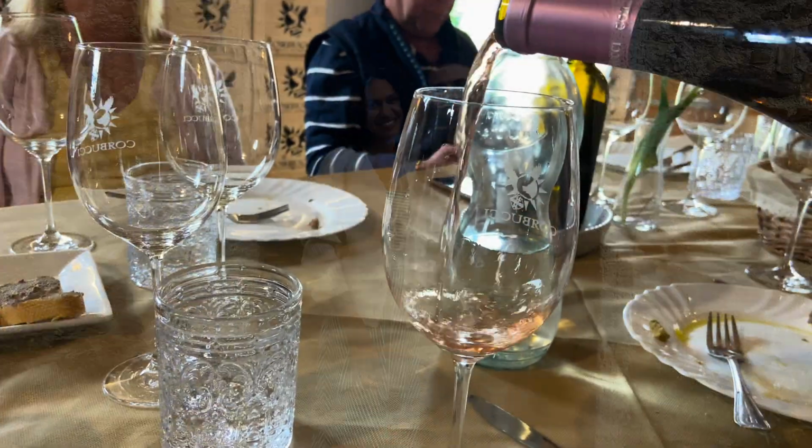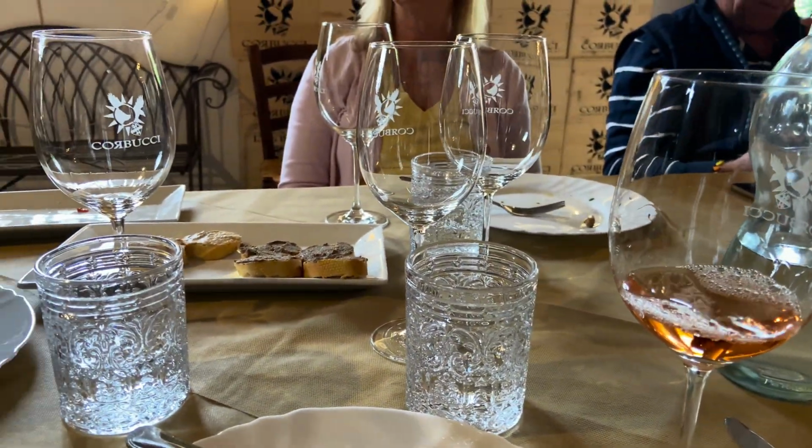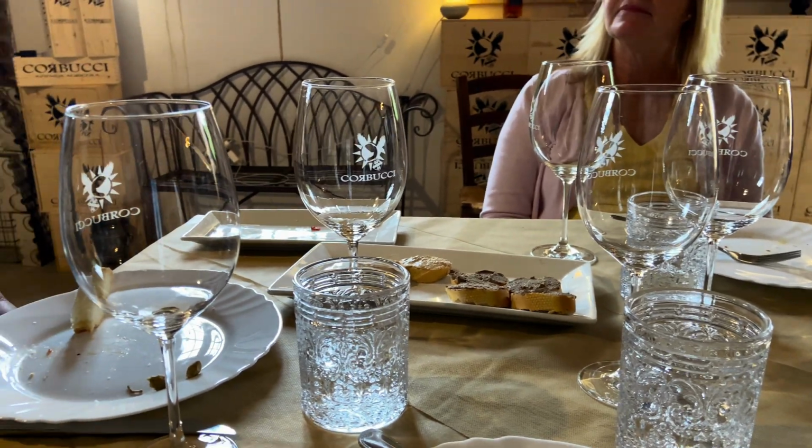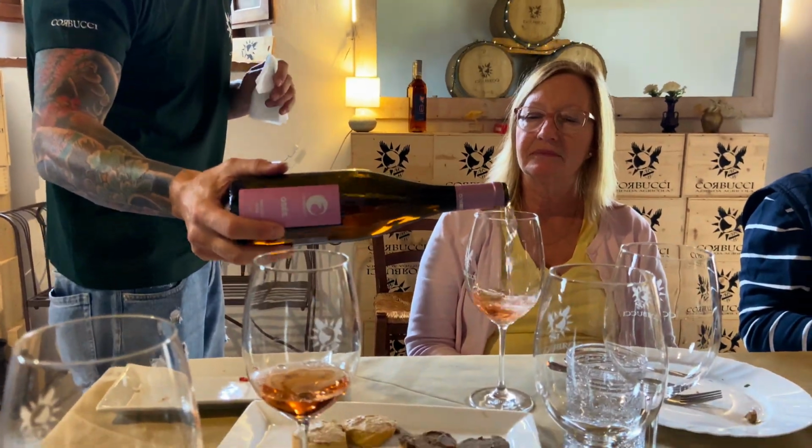So forever, when in the glass you will see a light red color, rosé, rosato, color pink, that is a wine made by a short skin touch. So the skin of the Sangiovese, the main grape of Tuscany, blue, red color, remain in touch with the juice a few hours to get this beautiful color. So we make